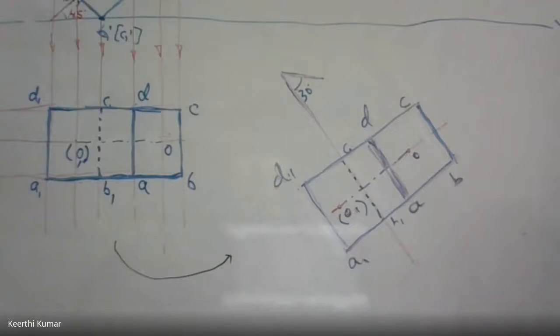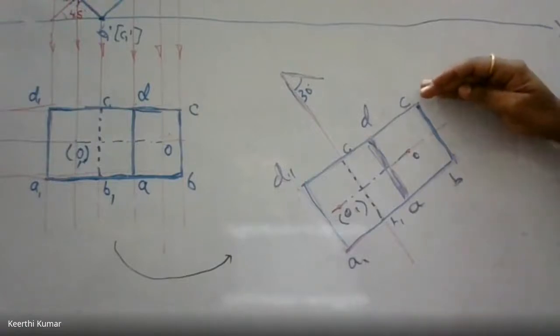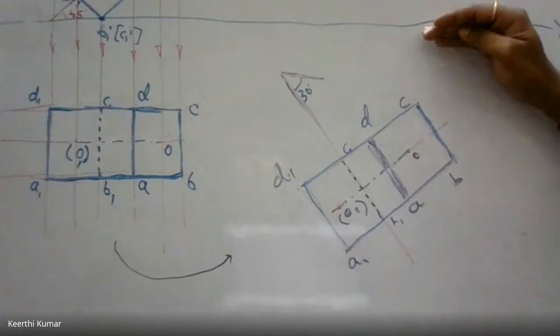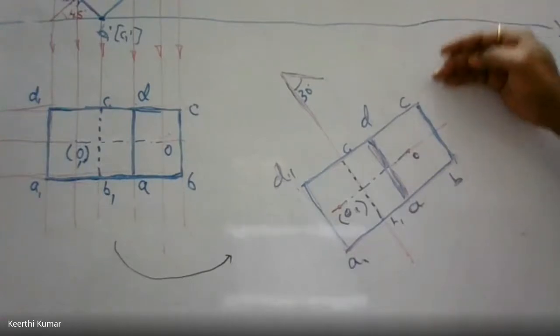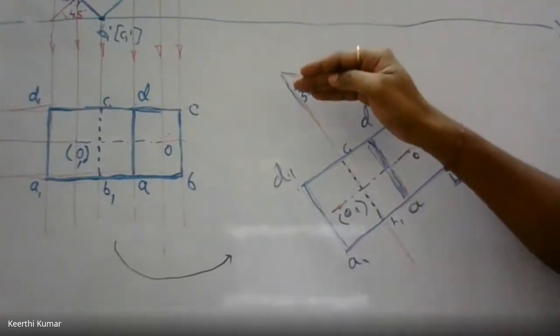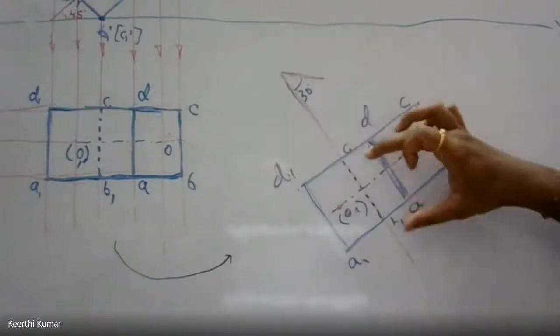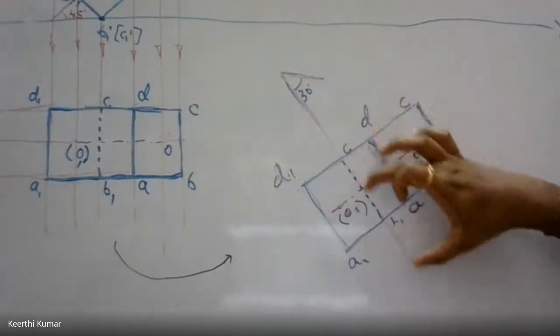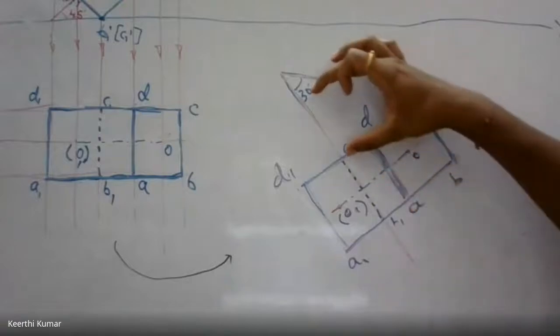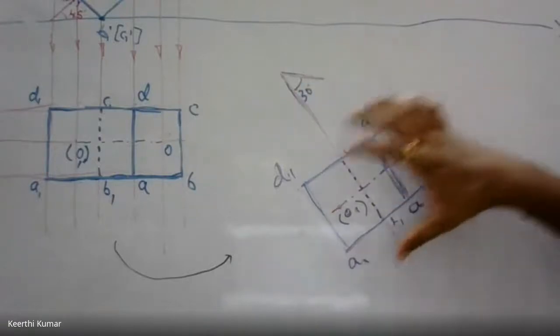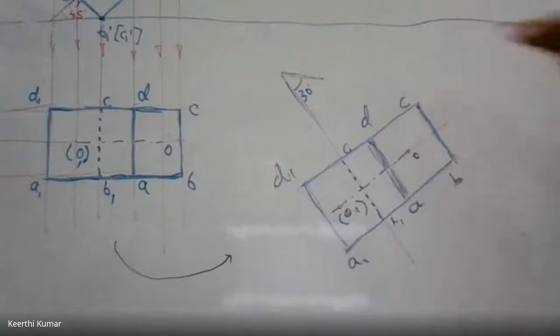Try to draw this to the actual scale. The very first problem, if you learn in the wrong way, then definitely everything will go wrong. So learn in the proper way, to the actual scale. And make sure none of the points cross the XY line or touch the XY line. It should be well below. If you want this well below, take this parallel line below, or the line at 30 degrees that you are drawing, try to place this below. Instead of taking it very near, take it below, so that you can accommodate the entire figure well below the XY line. That is important. You make sure.